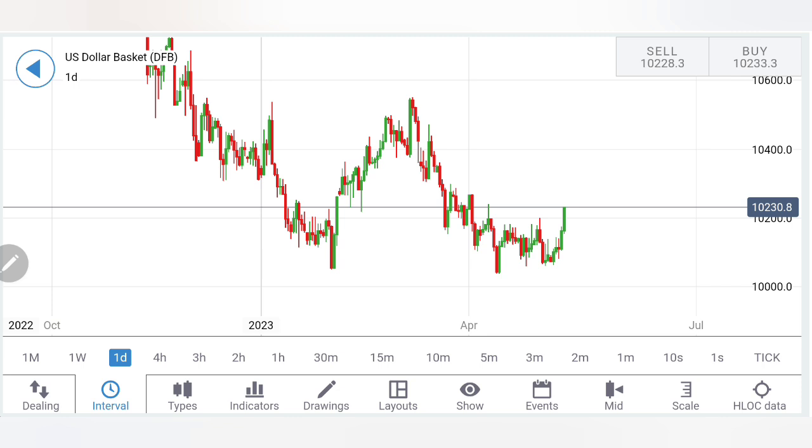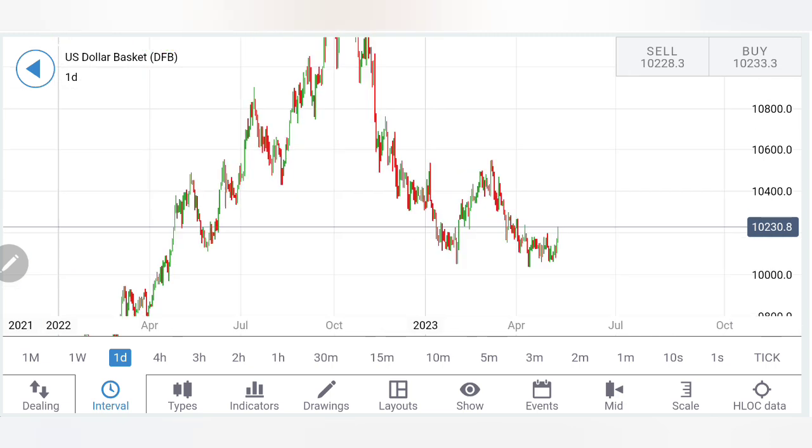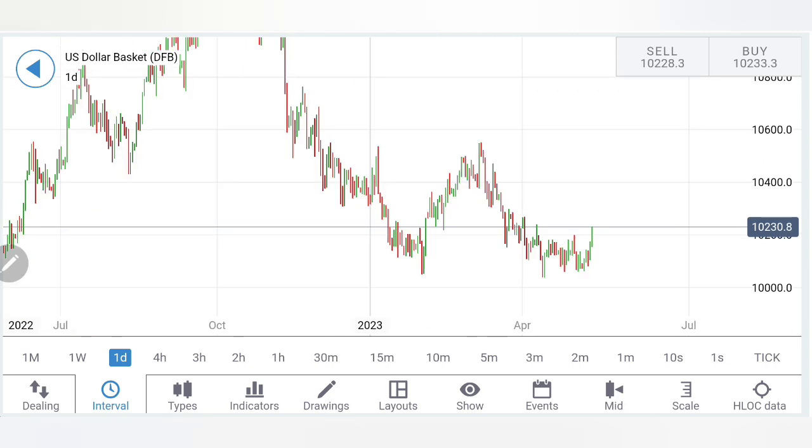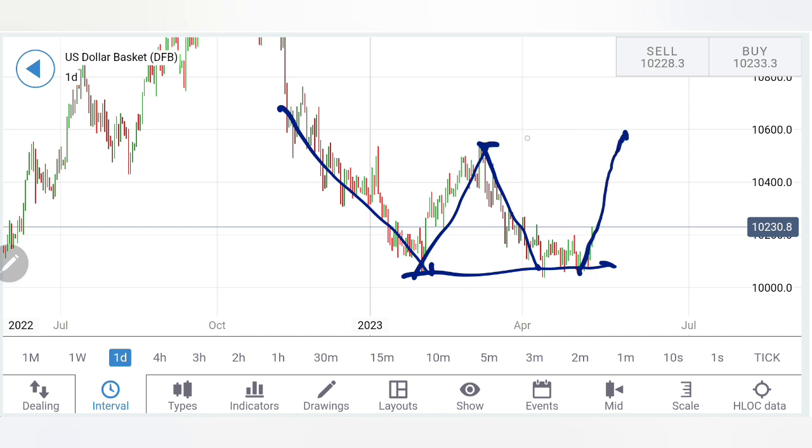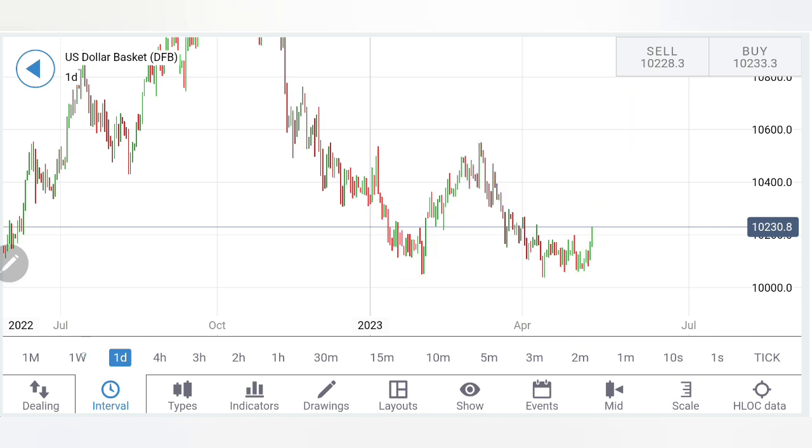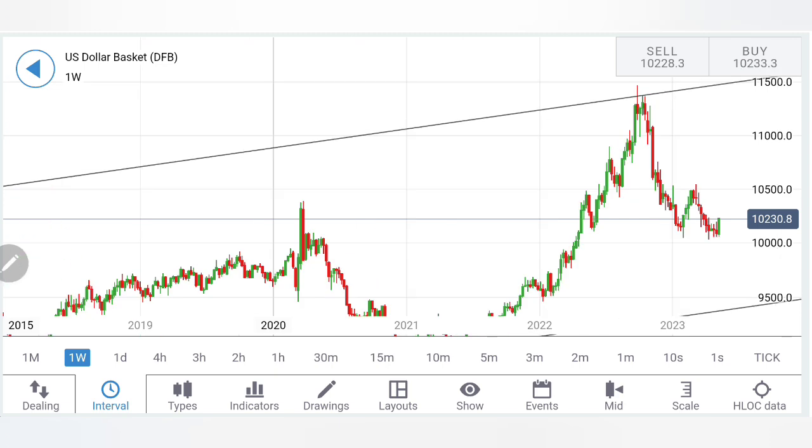102.5 first target, then 102.8, and then 103, 103.5 levels you should watch out for. Definitely these levels are going to be a little stronger resistances. Now if you look at the formation, the drop there, the retracement, the drop there, almost a double bottom, the retracement. So right now it is looking upwards. Possibly it may try to hit this zone, or at least this zone. Possibility exists that it may try to reverse a bit, but this is just on the daily charts. Look at the weekly chart.